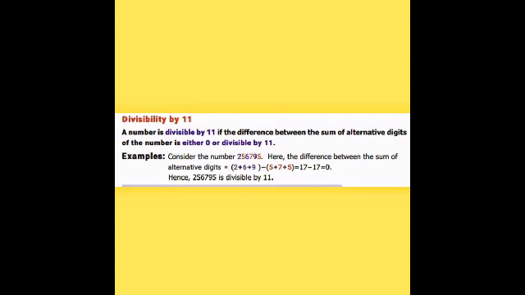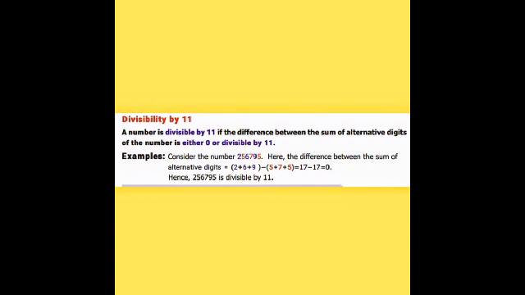The last one is the test of divisibility by 11. Here we have two combinations of things. First, we should consider the example. In that, we should understand how many digits are there. From the given digits, we should first add all the odd-place digits and all the even-place digits. Then we should find the difference between the sum of the odd digits and the even digits. The result should be 0 or 11.